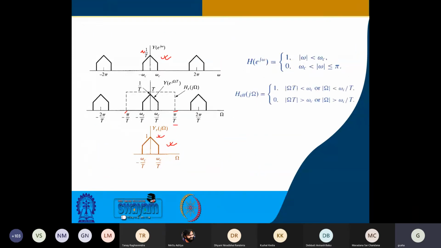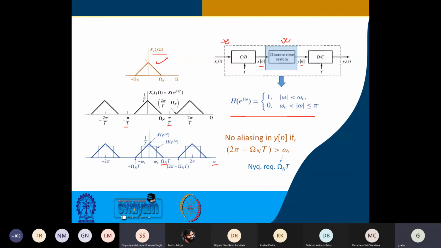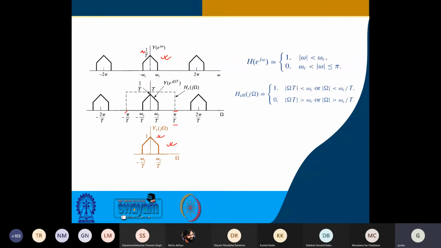Is there any question, or can we go to the next example then? Can I get an audio response that this is fine? Anyone please confirm? Yes, sir. Right. So I am having x_c(t), the input signal, and I am getting a reconstructed signal y_r(t), the final output of this system, where H(e^{j omega}) is defined by this. Then if this is my input, the output will be like this. Okay, good.